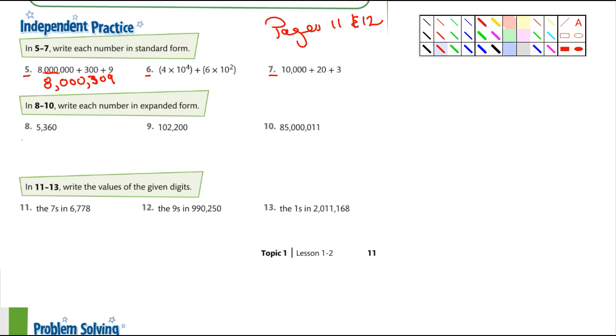6 is a little more difficult. 4 times 10 to the 4th. Well, I can bring that over here. What's 4 times 10 to the 4th? Well, that's a 4 with how many zeros? 4 zeros. And then we're adding to that 6 times 10 squared. Well, what's 6 with 2 zeros? 2 zeros. So that's